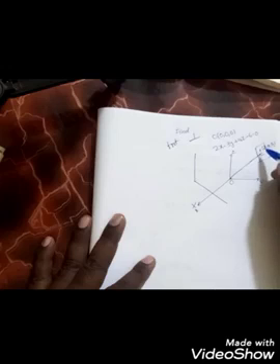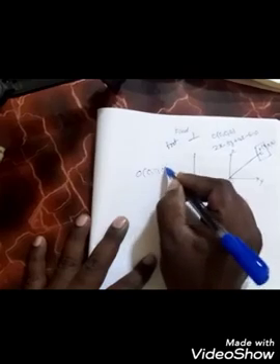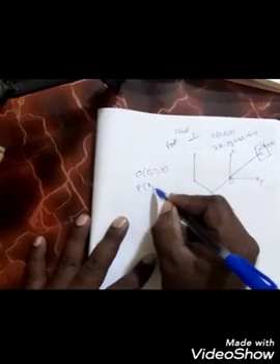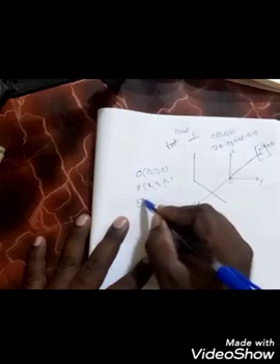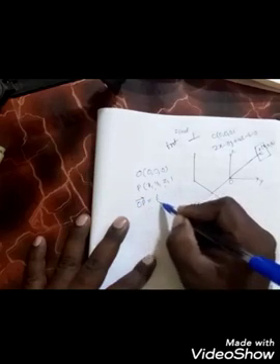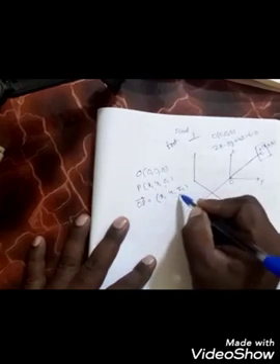Clearly, what we have to observe is that OP is a normal of the given plane. OP is the normal to the plane. That means we can first find the DRs of this one. Here O is 0, 0, 0 and P is x1, y1, z1. Therefore, the DRs of OP bar are x1 minus 0, that is x1, y1, z1.